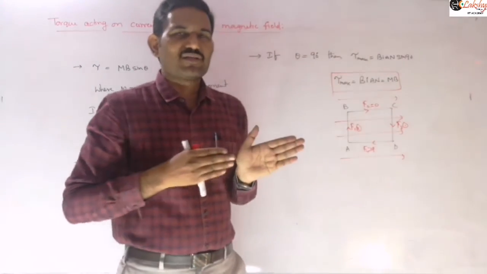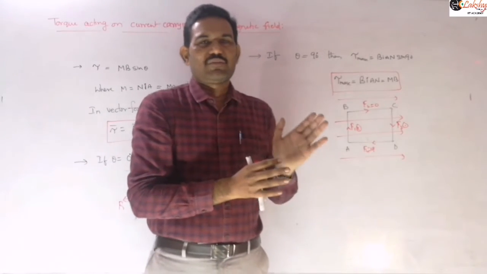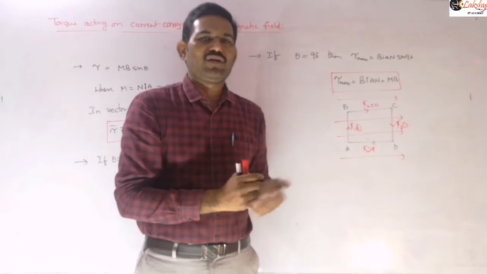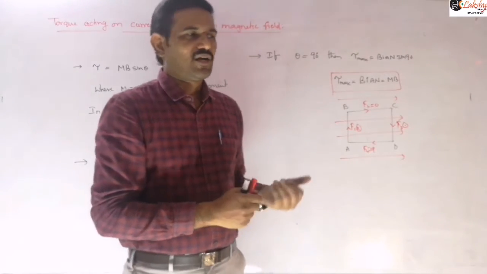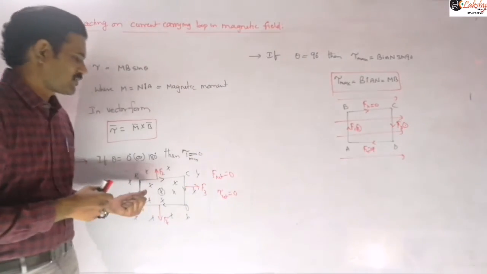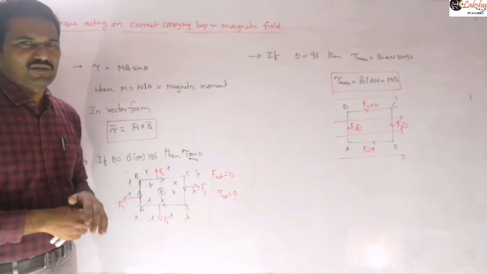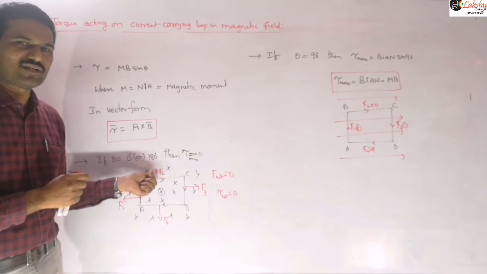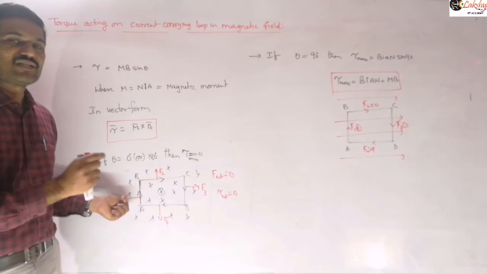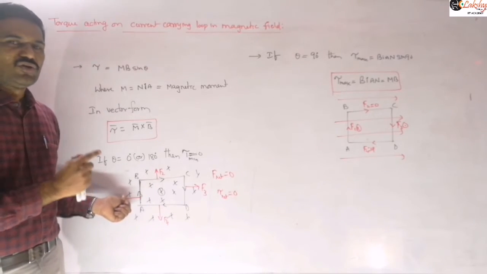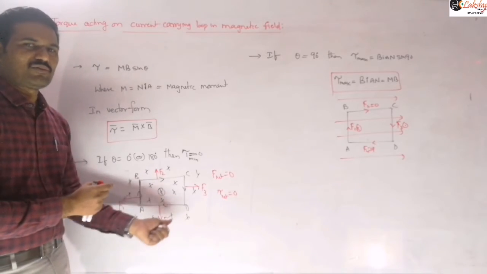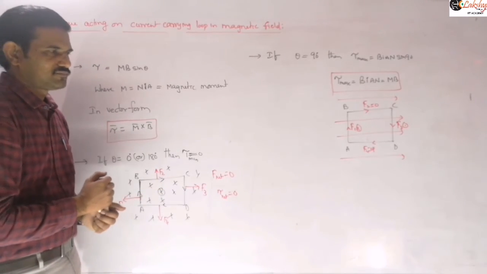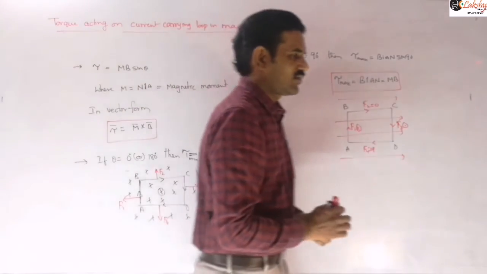The magnetic field must be parallel to the plane of the coil. When the magnetic field is parallel to the plane of the coil, torque will be maximum, and when the magnetic field is perpendicular to the plane of the coil, torque will be minimum. So don't confuse with the angles here. Here 0 or 180 degrees we are writing; that angle is with the normal to the plane of the coil. With the plane of the coil, it will be perpendicular. So mention that.